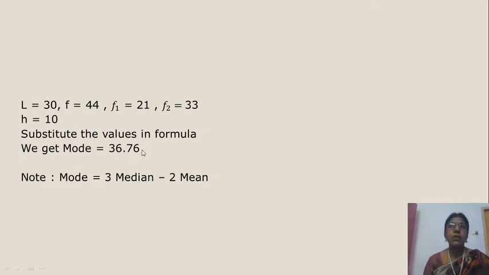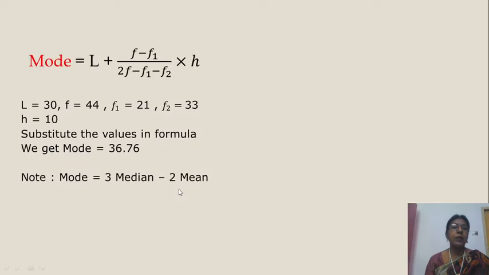So now we observe two problems here. The first one is for ungrouped data and the second one is grouped data. So you observe the given data and use the suitable formula for finding mode. Now we have finished mean, median, mode. There is a relation between mode, median and mean: mode is equal to 3 median minus 2 mean. You know this point? Mode is equal to 3 median minus 2 into mean.